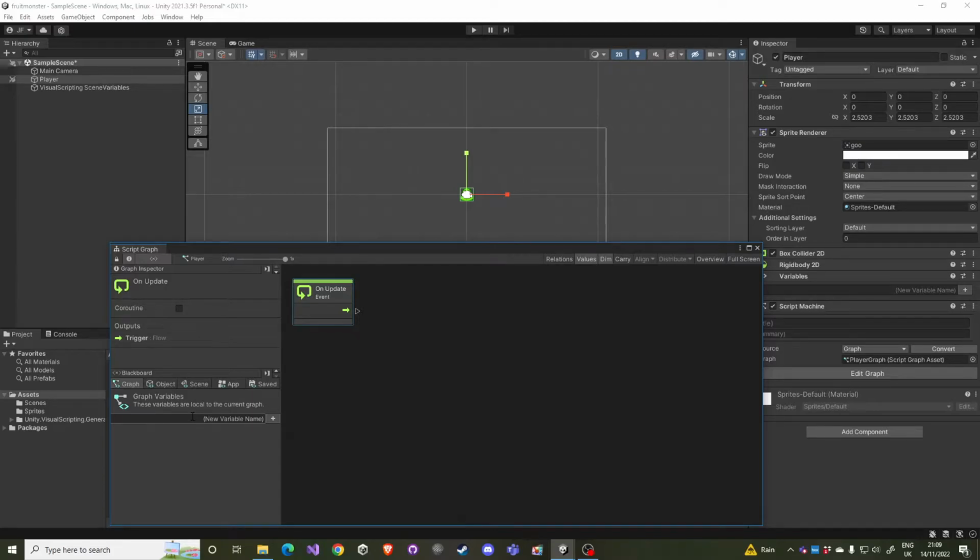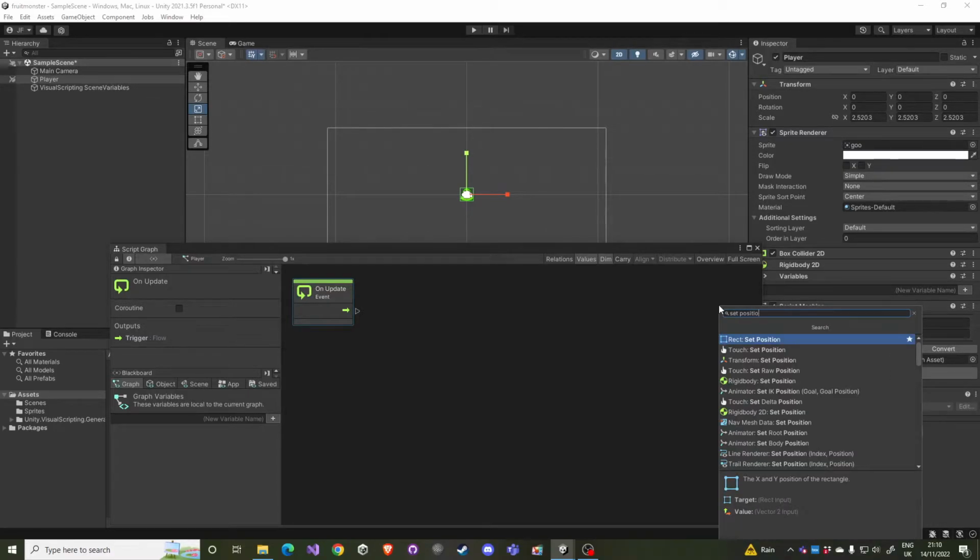The first task to do is to set the position of the player wherever the current position of the mouse is. To get it done, I will put another command or node right here by right click, add node, and I would like this command to set the position of